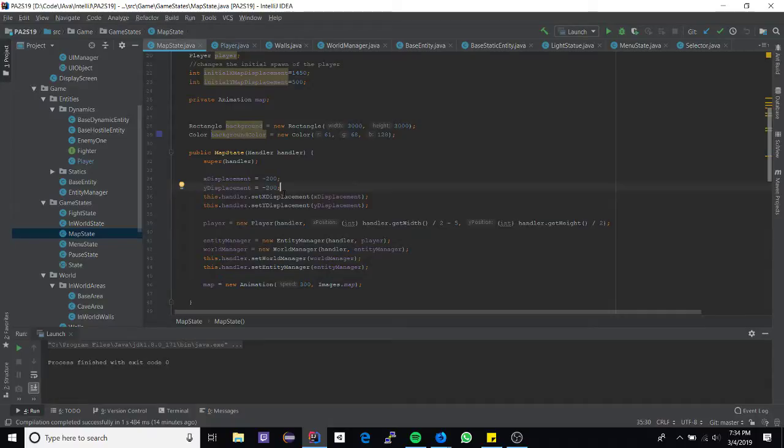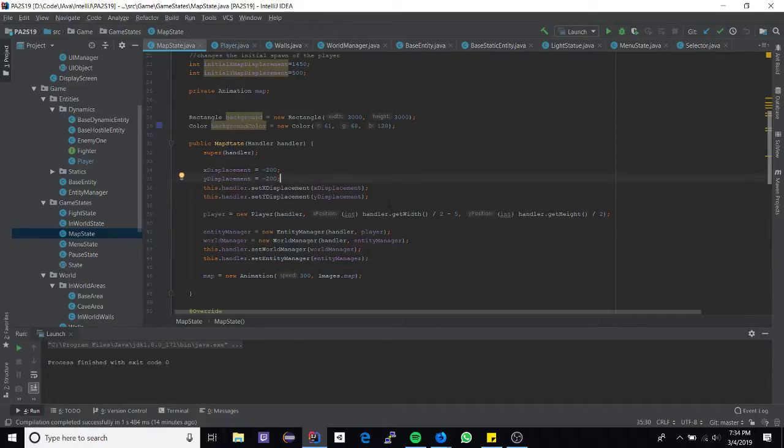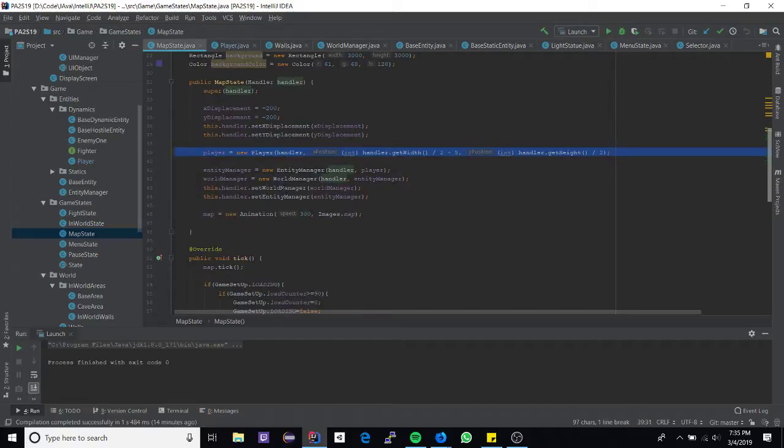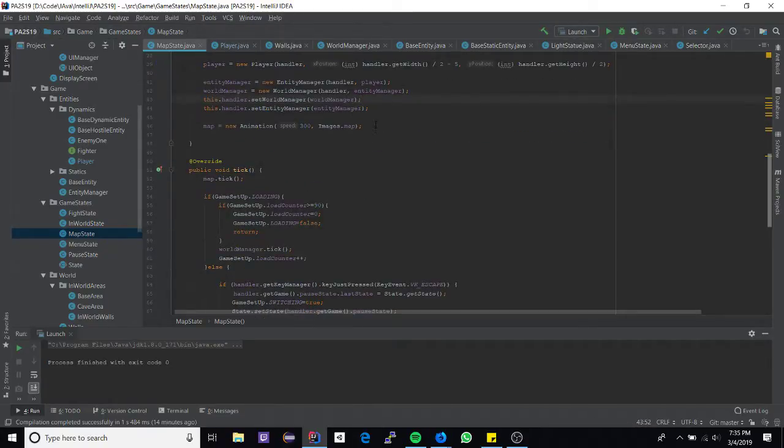But for matter and purposes of this project, it works. Okay, you set those displacements so the handler knows what they are. You put the player there. You create your managers. And this you can ignore for now because this is pretty much what animates the map. But for those who are having the issue of memory heap management, what you essentially will need to do